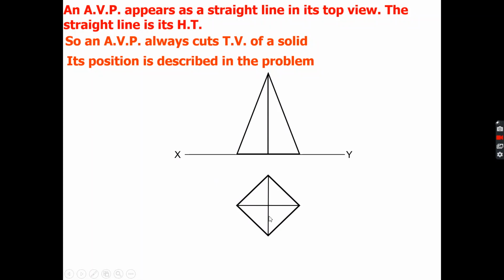Okay. So it will be inclined to the XY line. If you are seeing the top view, this XY line is nothing but the top view, vertical plane. So this line is inclined to the vertical plane, or by definition, it is the AVP. Okay. So if I cut it, your solid will look like this. How you will draw this portion, I will show by use of an example problem.